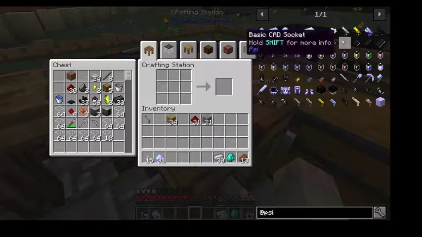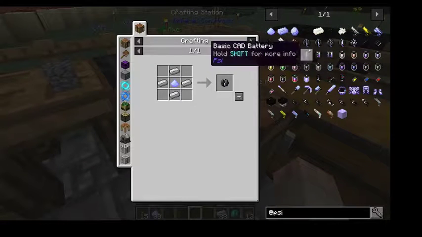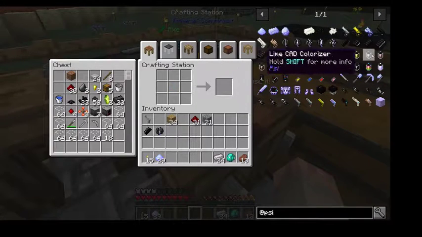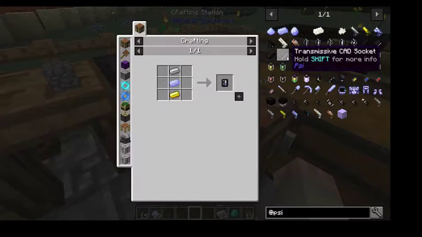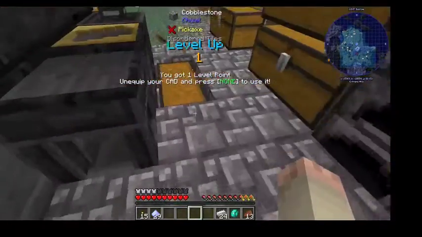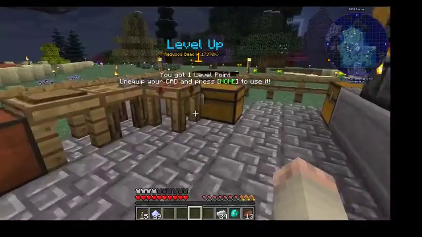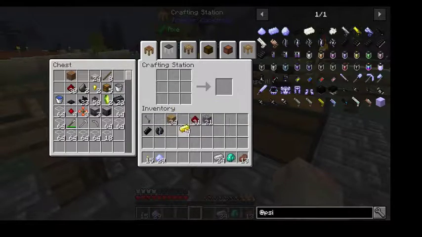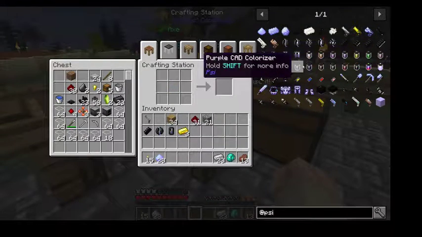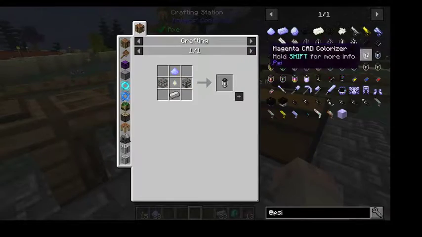Let's do it this way. Basic CAD. Basic CAD core. I need some gold. I'll just keep some gold in there. And the last one you put is certain colors, which doesn't really matter. All it does is color the...